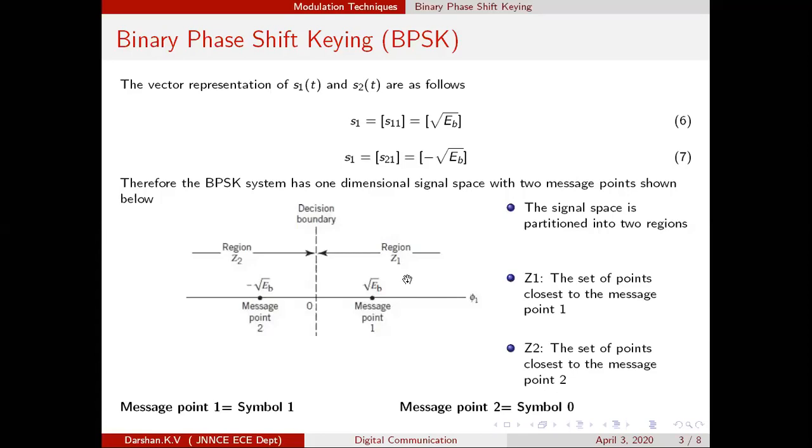If the received signal falls in the region Z1, then what will the receiver do? The receiver will say, okay, message 1 might have been transmitted. Now, if you receive some signal and you convert that into a point, and if it falls in region 2, then what would the receiver decide? The receiver will say that you have transmitted the second signal, or symbol 0. That is why, in order to make that particular decision, we are dividing the space into regions, and all of you know about the effect of the noise.